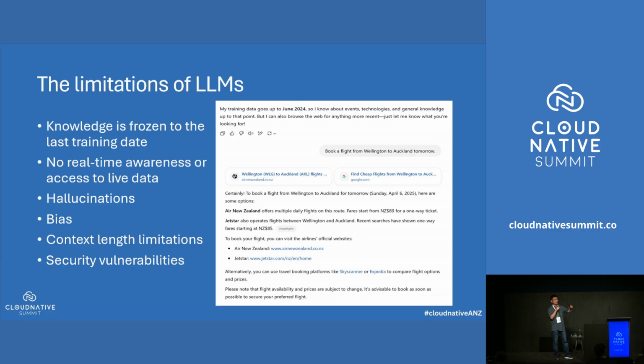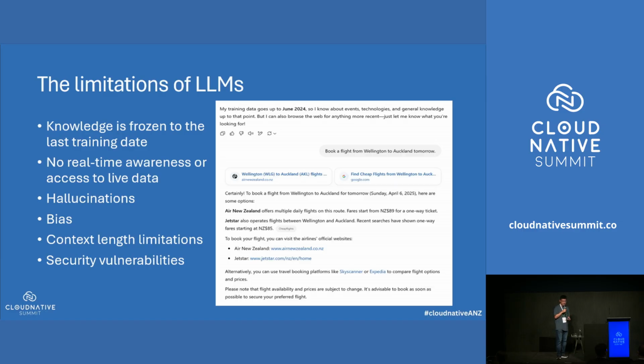Another limitation is that all large language models have a limited context length. You have probably experienced that when you ask questions in ChatGPT, if the conversation is too long, it will stop, because it cannot understand long context. No need to mention the security concerns. On the right side I have an example: if you ask ChatGPT how to book a flight for me, it can tell me how to do that, but it cannot actually do the job for me. I still need to go to the flight company's website and book the flight.